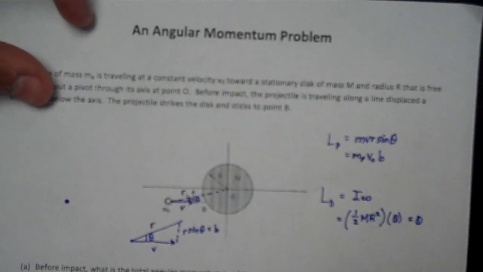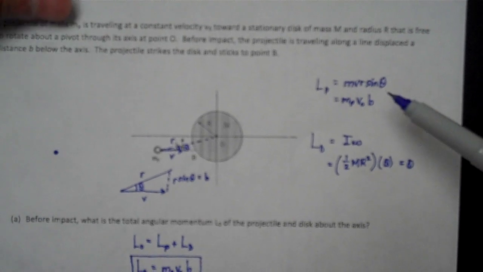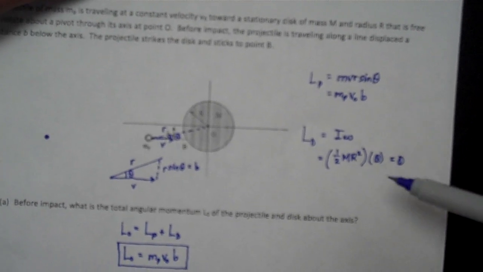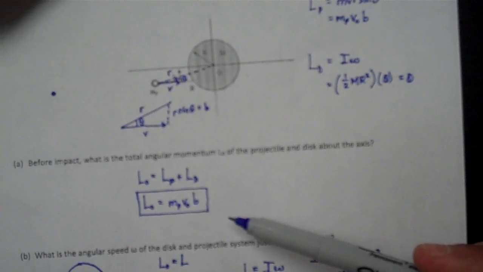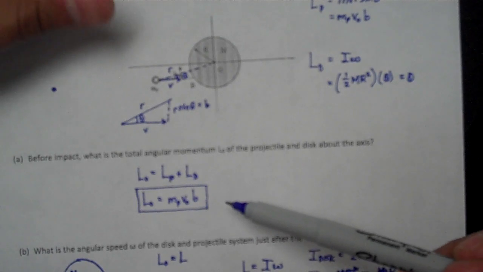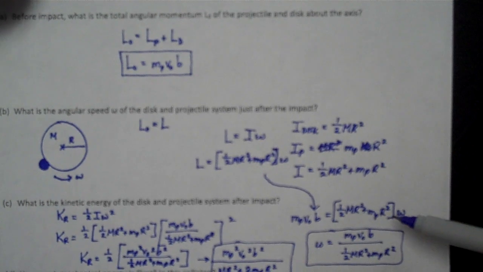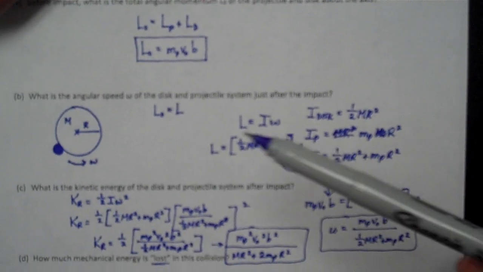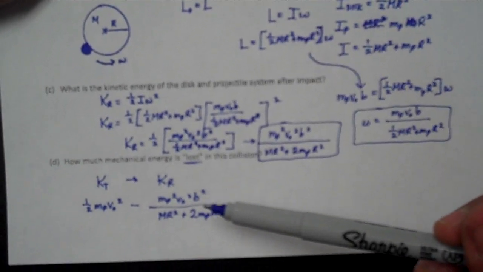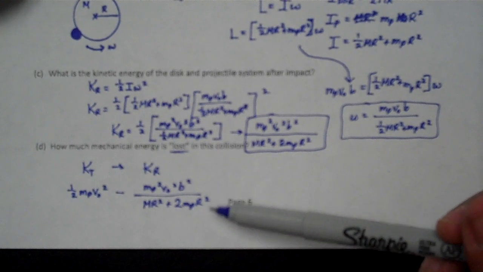Okay, so again, we used angular momentum. We started with, okay, what's my angular momentum of my projectile? What's my angular momentum of my disk? And how do I put those together? We used that then to find the angular speed at the end, using conservation of angular momentum. We used our speed to find our kinetic energy, and then we were able to figure out how much kinetic energy was lost